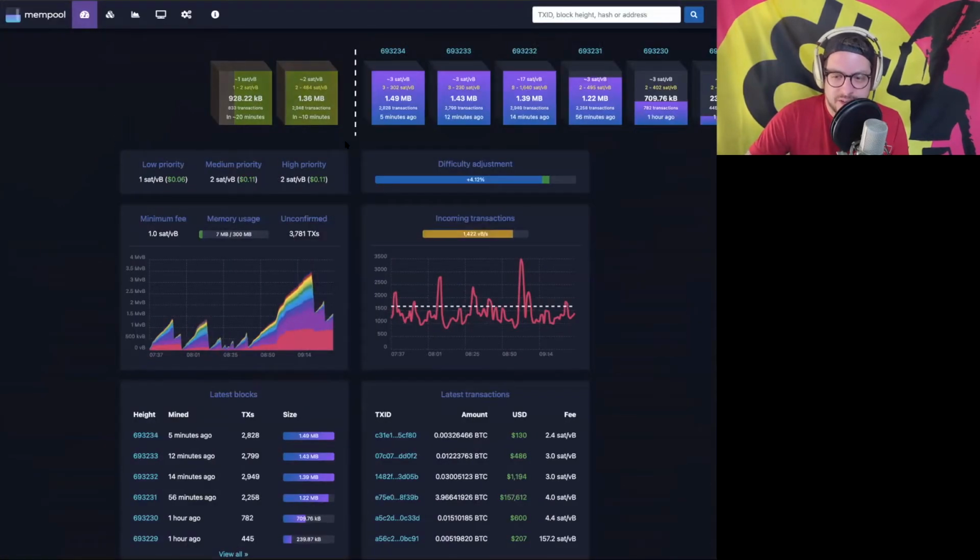So I was checking out the mempool this morning, and it was looking really healthy as far as busyness. And right now, it's dropping down again. So if you're going to be doing any coin join, if you're going to be doing any sort of channel opening, channel management, now's the time to do it. Get by with 1 sat per byte if you have a low priority. But earlier today, it was right around 17 for high priority. So we're starting to see a little bit of an uptick.